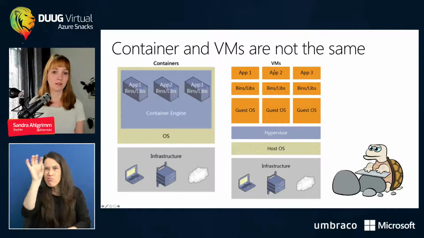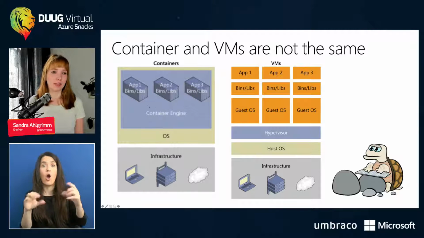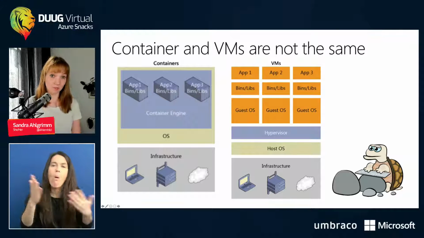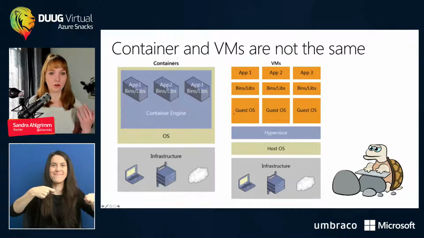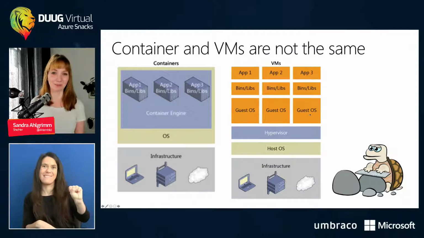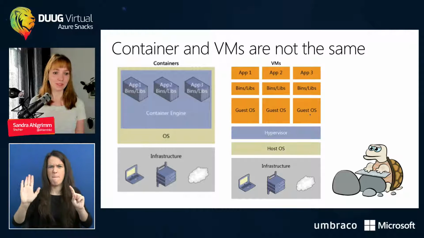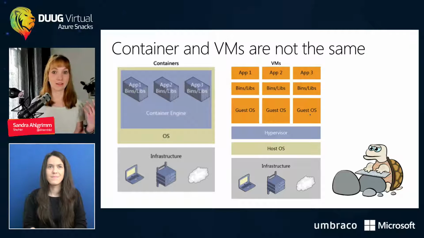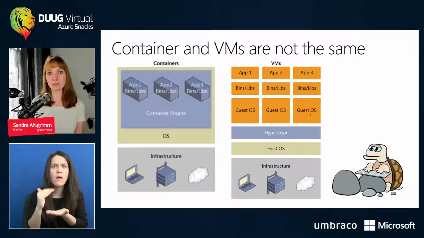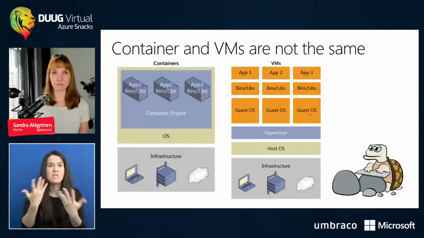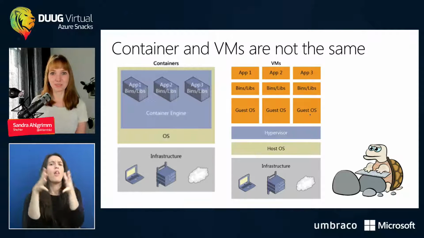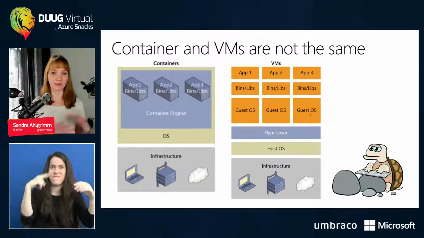And for containers, I only need my container engine. And then there are the apps and all the dependencies in the containers. And as you can see, we can get rid of all the guest OSs. That's very much where we can save the most. So we save RAM, we save memory, we also save licensing cost when I think about Windows Servers. We also save security issues, like if I have more OSs, I need more OSs to be patched and secured. So that's a lot of value that is created for us without having all those guest OSs.